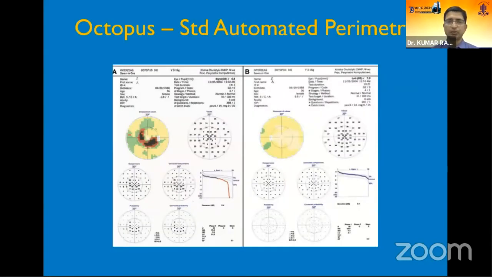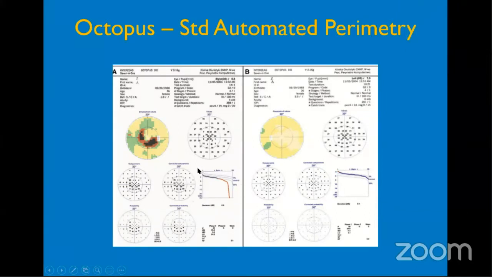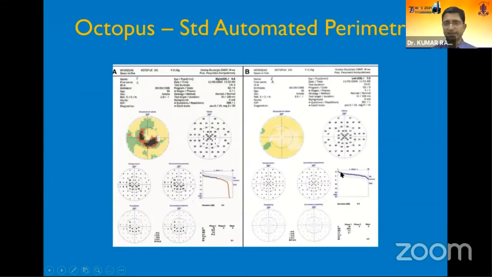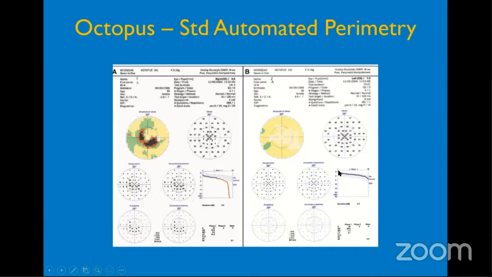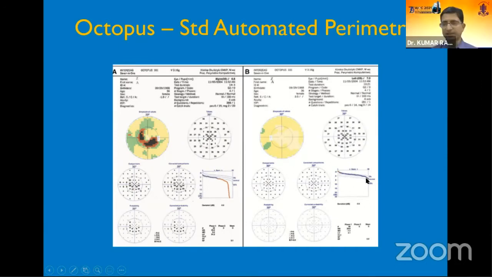Whatever we have discussed till now was based on the Humphrey visual field. Another device which is available to us is Octopus Standard. Most of the things in this Octopus printout are similar to what we have in Humphrey. I would like to focus on this part. This is called the Bebie curve, and in this there are 3 lines. If the patient's values, whatever the digital sensitivity values have come, are within these 3 lines, based on the thick line graph that you have seen, then it is considered to be within the normal range.